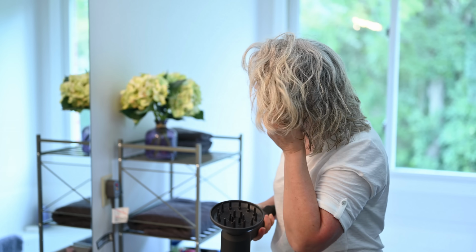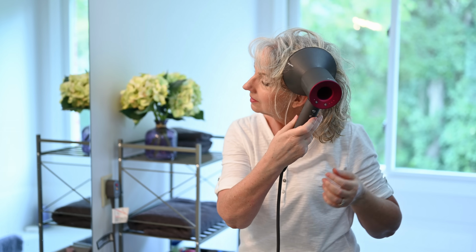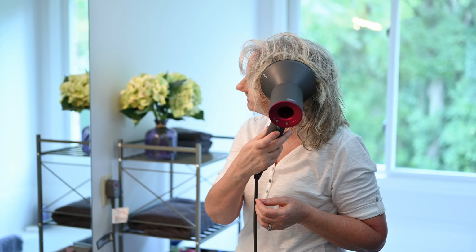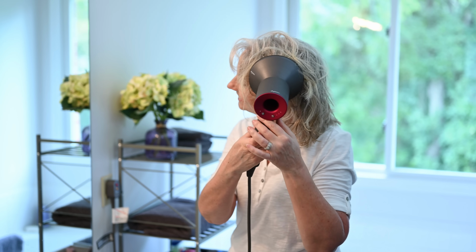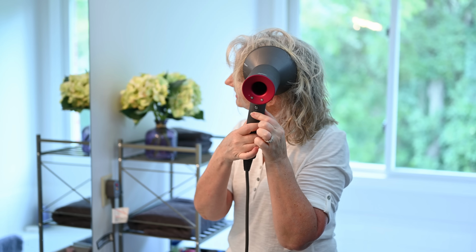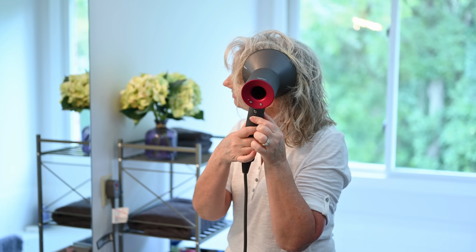Now the next thing I do is scrunch up a good chunk of my hair, the bottom of it, towards my head. I apply the hair dryer with a diffuser attachment to that. Then I turn the appliance on, applying heat. I've got it turned down fairly low here, but good heat. So I apply some heat and then I push the little cooling button, and I do that for a while,